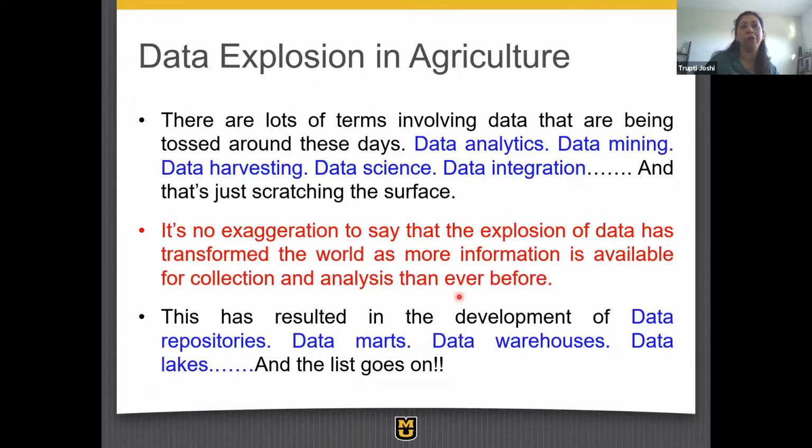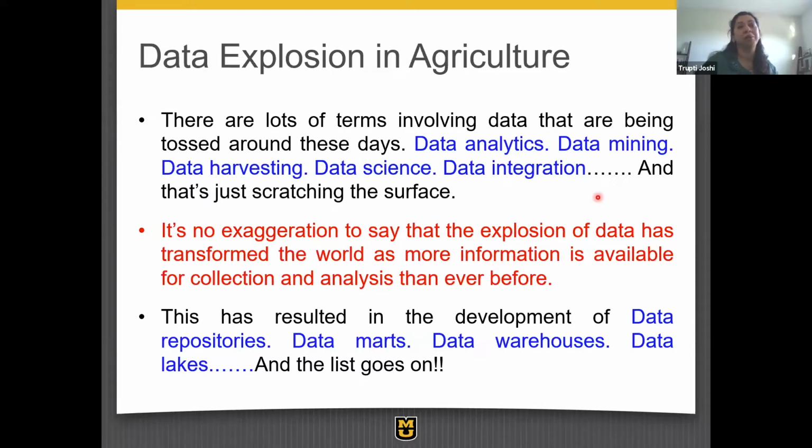So you may have probably already heard a lot of these terminologies, but there's definitely a data explosion on the agriculture side as well. A lot of terms have been emerging and are tossed around, such as data analytics, data mining, harvesting, data science, integration, and this is only the top of the list.